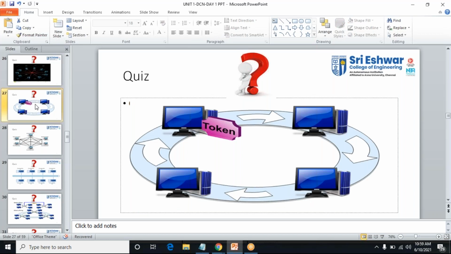Second question. What kind of topology is it? Yes, very good, Raghavendra Balaji. Sweta, Shrija, very good. Ritika, very good. Priyadharshini. Ring topology. Can you see here? I have one system, for example, with a token or data, and I'm going to transfer the data. This is my destination. The message will be transferred from here to this system, and from there it is transmitted to the destination. This is my ring topology.